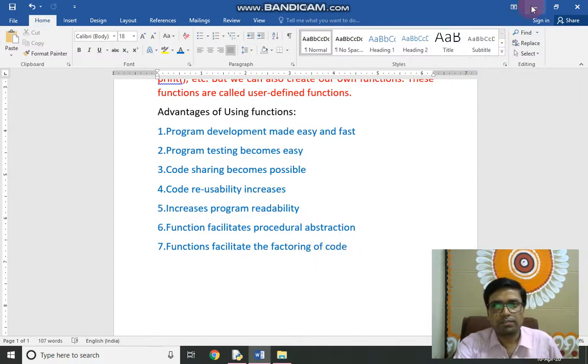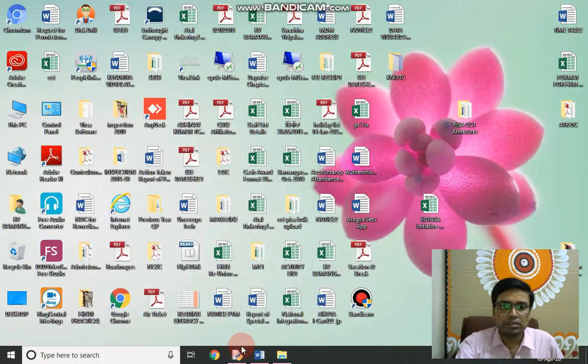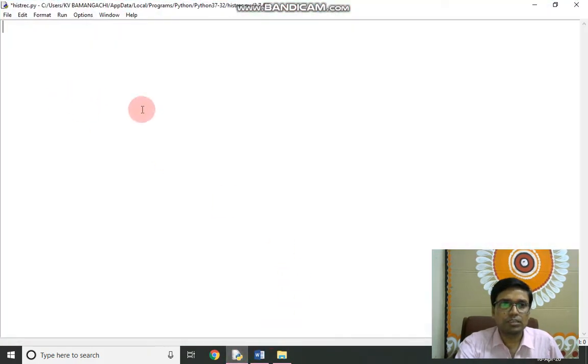So we are going to start how to create a function. Before programming, we have to write the keyword def before the function name. def denotes define, def is a keyword, then we give any name to the function. I am going to make a function which will swap two integer values, so I am giving the name swap.